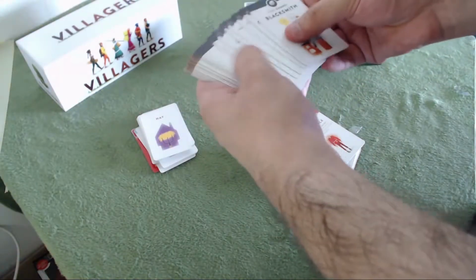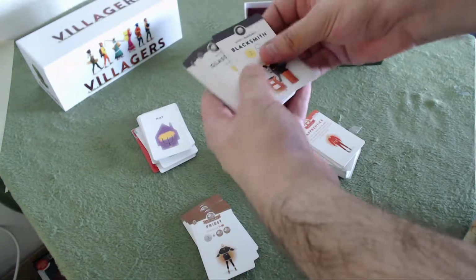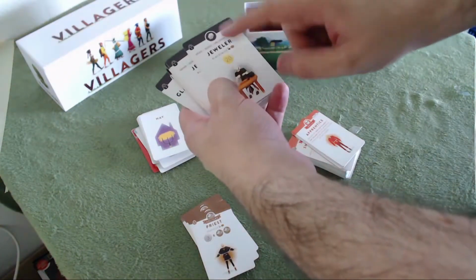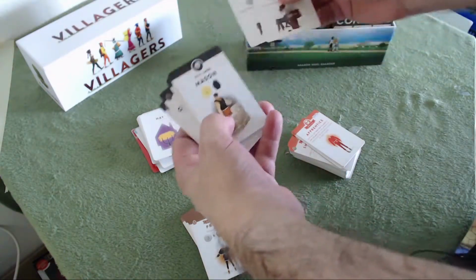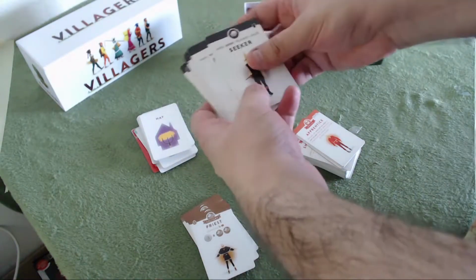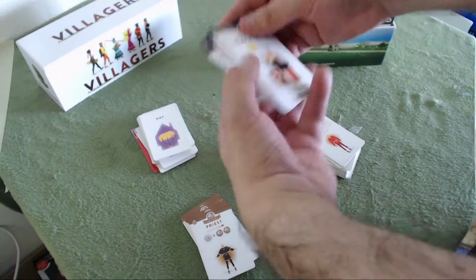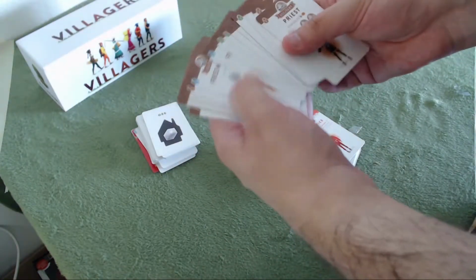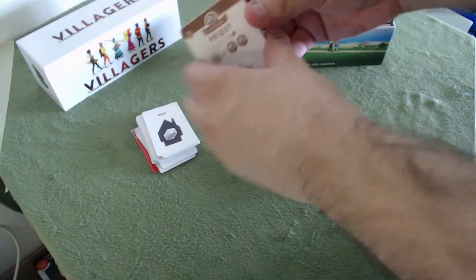Then we have the ore suit. Everything to do with ore. Blacksmith, of course, glassblower, jeweler, which costs you really a lot of money, locksmith, mason, seeker, spelunker. Yeah, that's nice. And then, at the last, we have the solitaires, which don't have synergies,